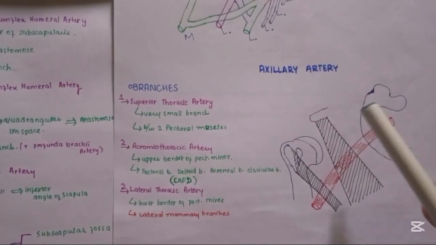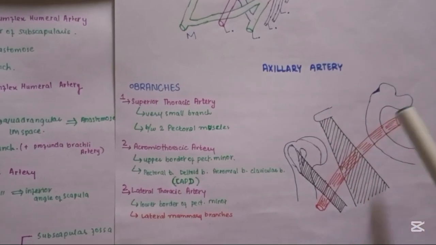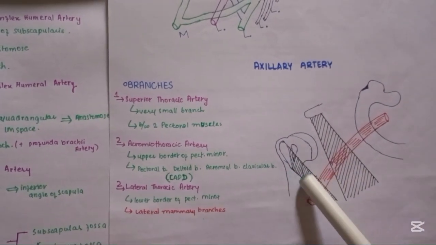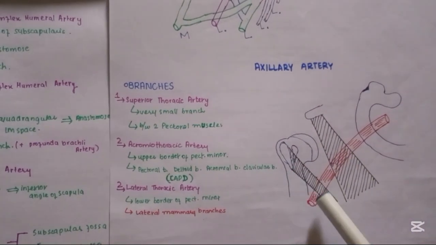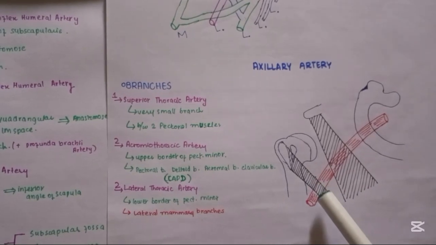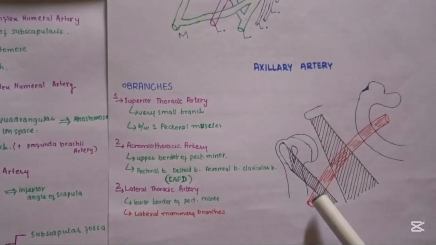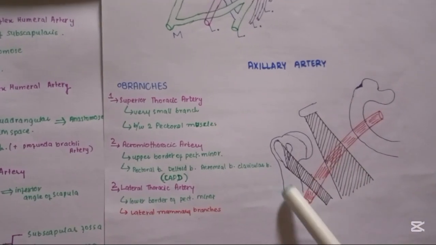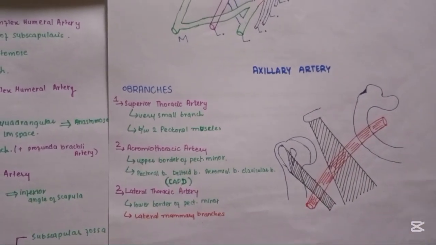So we can say that axillary artery is actually a continuation of subclavian artery, but after it moves towards downward, and here after the outer border of teres major muscle, it becomes your brachial artery. So brachial artery is the continuation of axillary artery after the outer border of the teres major muscle.